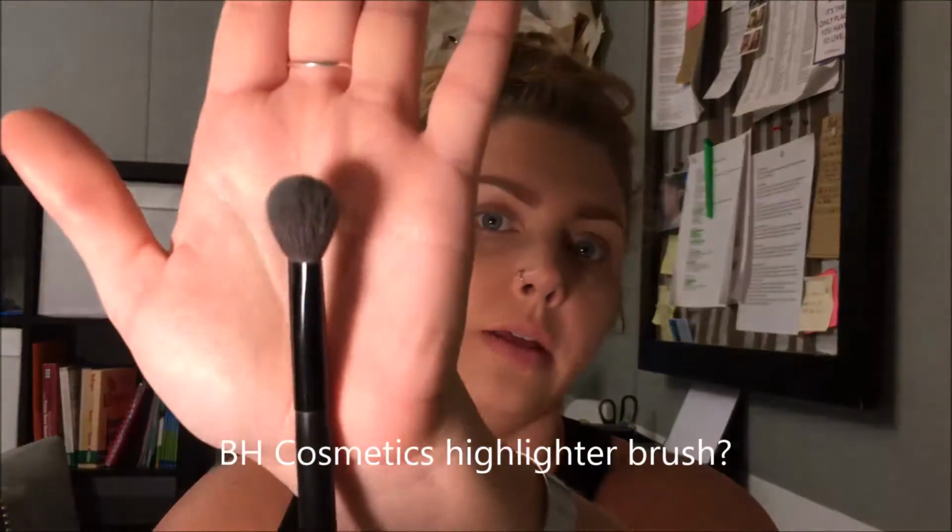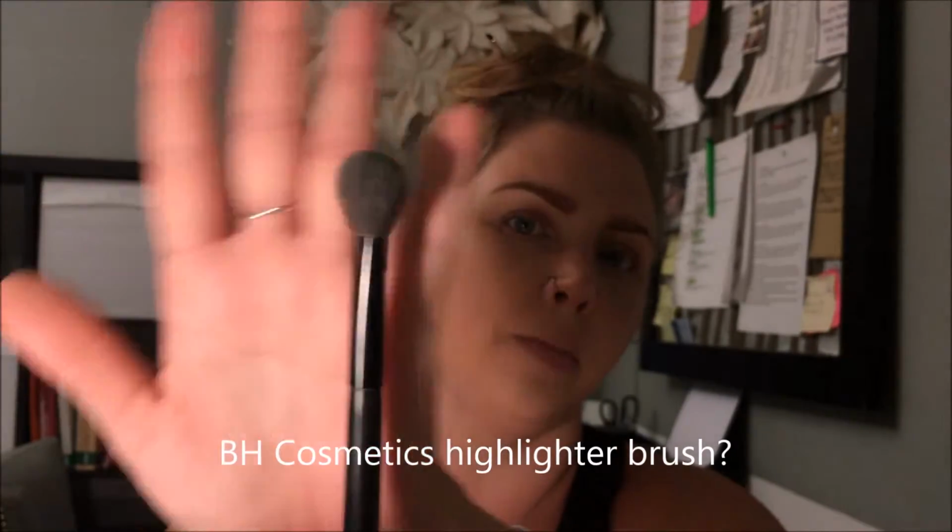And then I will go in with just a setting powder. Typically when I'm setting, I don't like to use a big brush. Where's my little brush? There it is. This is a BH Cosmetics brush, and it doesn't say anything on it, but it's about the size of my thumb. Fluffy little guy. I will put the powder into the lid like this, and then tap off the excess, or hit it on my vanity like that, and get the powder into the brush, and then set under the eye area